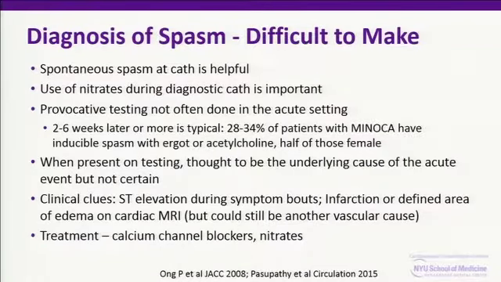It's important to use nitrates during the diagnostic cath to try and bring out the likelihood of this diagnosis, but provocative testing is typically not done in the acute setting because of the risk from inducing spasm. So most people will do this, if they do it, 2 to 6 weeks later, at which point about a third of patients may have inducible spasm. When it's present, it's thought that it might be the underlying cause of the original event, but it might not